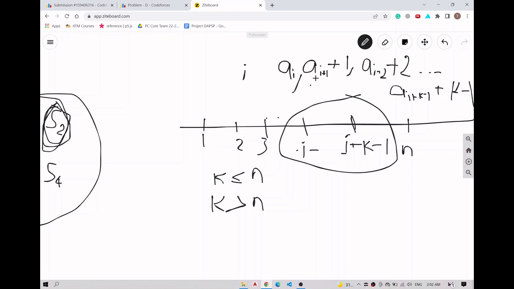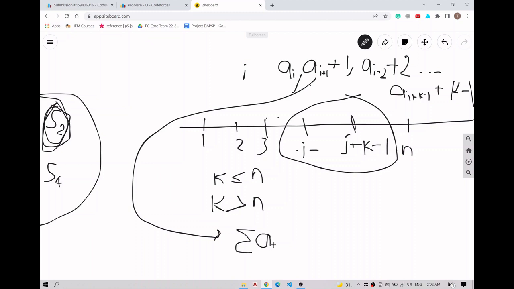So this sum would basically be equal to the total sum, I'll just call it sigma A j,